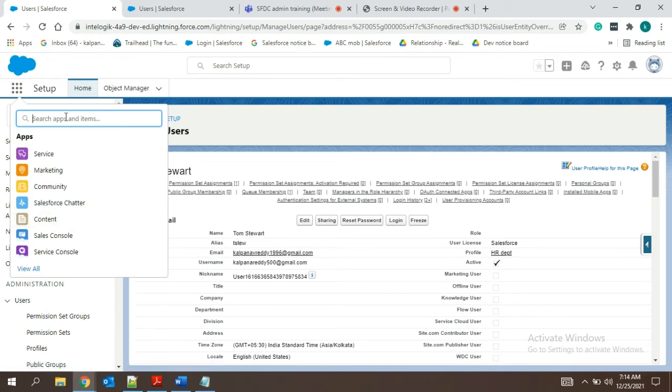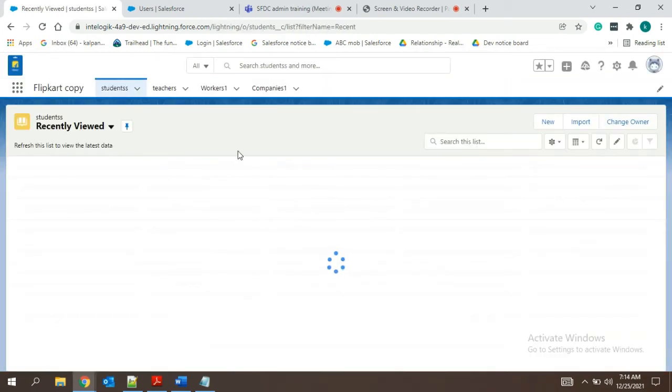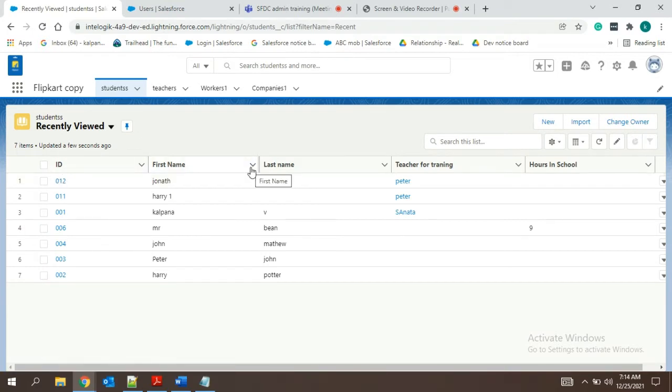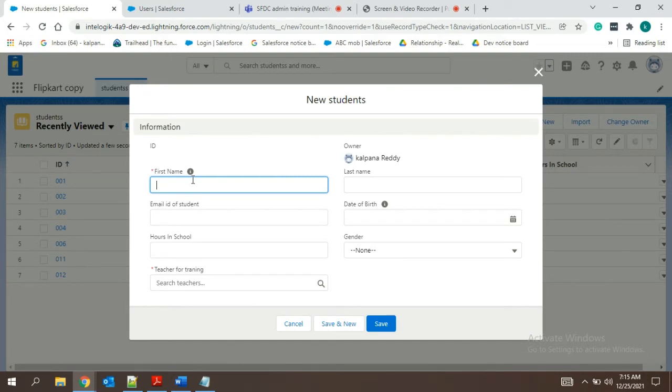What was our application name, guys? So now what I'll do is I'll create one record. These are the records, I hope you remember, and these are the fields, ID, first name, and so on. So we can sort based on this. Now we have the records, so I'll try to create one more record. You remember this record. We'll go to Tom and have a look also.